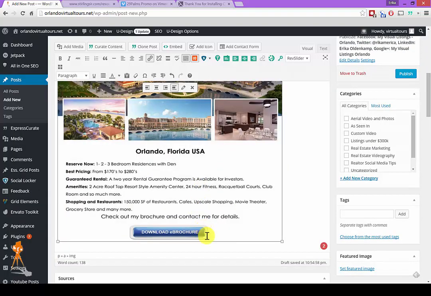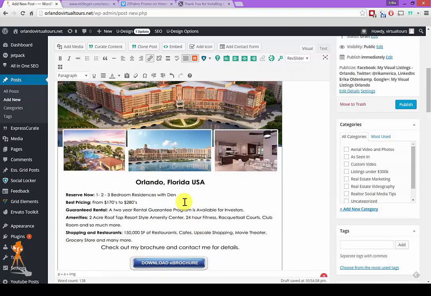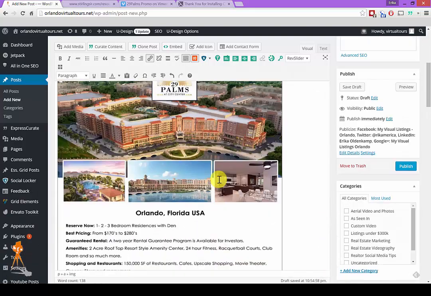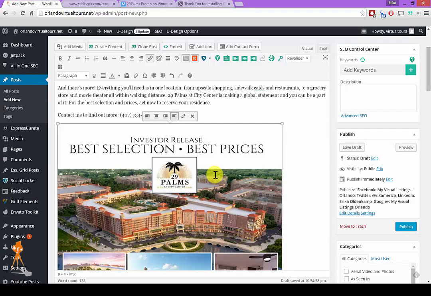This image at the bottom says download e-brochure. So people are going to see that and they're going to want to click on it, or even if there's not a download button, you might want to link to images just in case someone does click on it. So the thing you want to do is click on it so that you have these little white boxes in the corner. That means it's selected, and come up to the chain that when I hover over it says insert edit link,